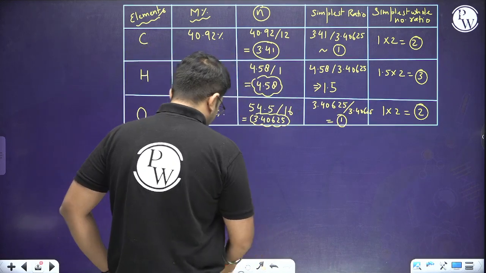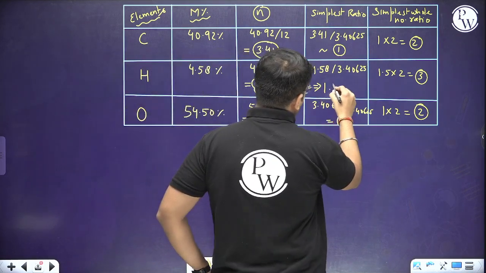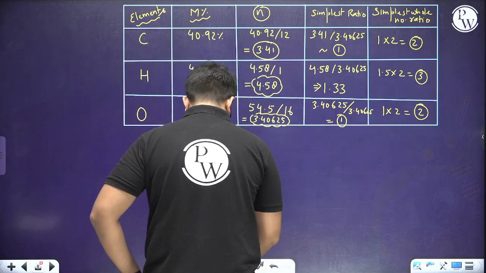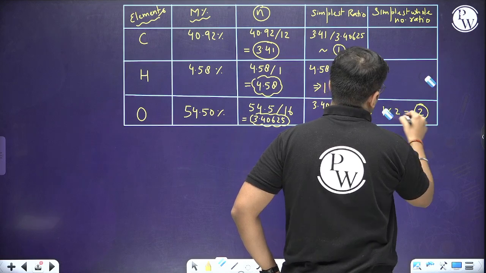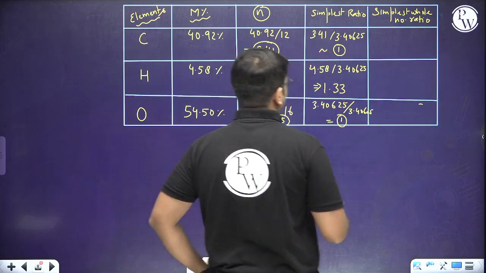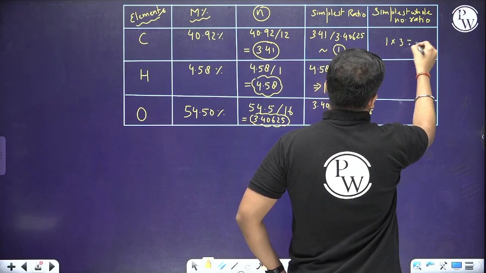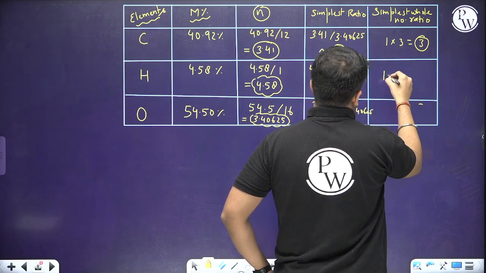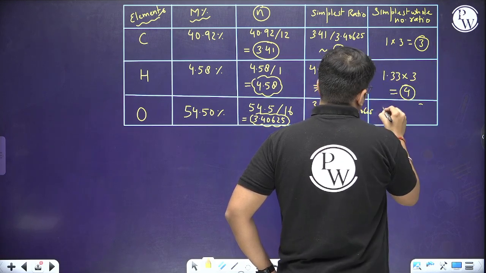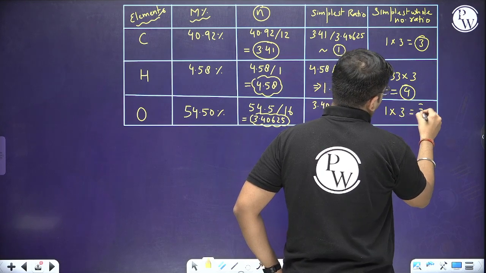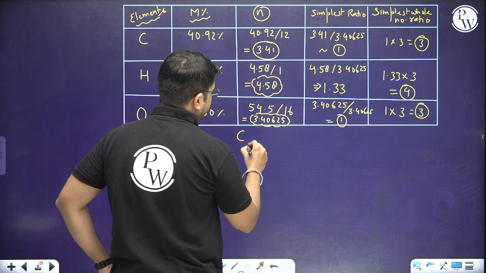No, I guess that will be 1.33 only. I'm not sure, because we have to calculate this entire part by ourselves only. Just let me know if that is 1.33 or 1.5. So 1 multiplied by 3, that will be 3. Let's say 1.33 multiplied by 3, that will be approximately equal to 4, and this 1 multiplied by 3 will be equal to 3. Okay, so we have the answer with us, which is